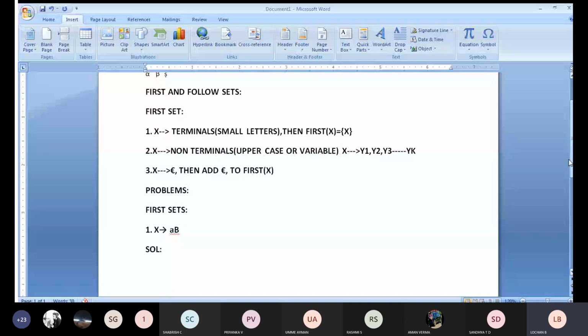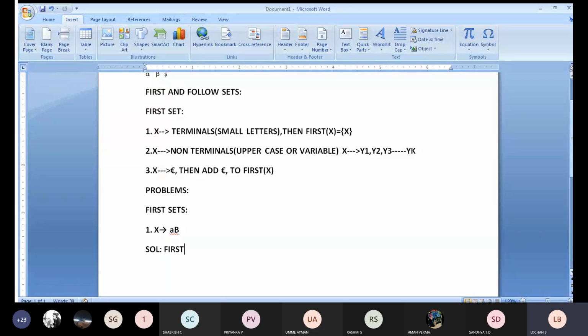Observe here. This is very important from your examination point of view as well as your lab exam point of view also. One program we will be applying is first and follow. Whenever we need to calculate the first set, we need to apply three steps. We have to check: if a terminal is there, we write it as it is. If a non-terminal is there, we need to make some calculation, which I'll tell you. If it is an epsilon, we need to add epsilon to the first set. So three points will be there. Whenever you get the first term, it may be a terminal, or a non-terminal, or epsilon. These are the various cases we will be getting.